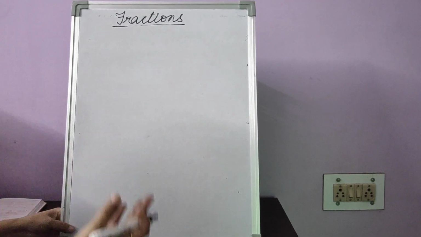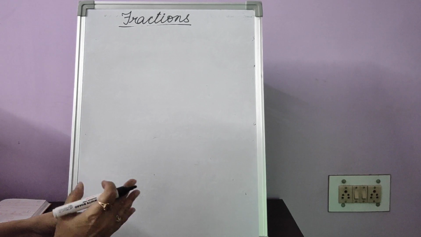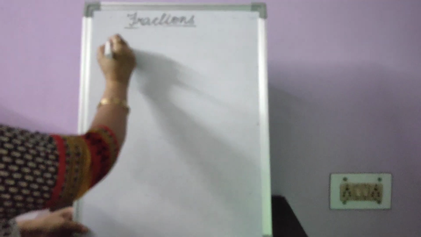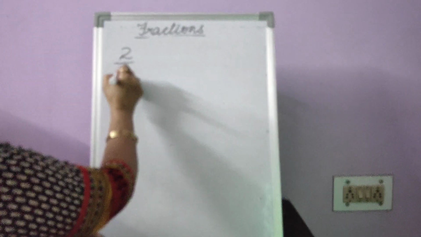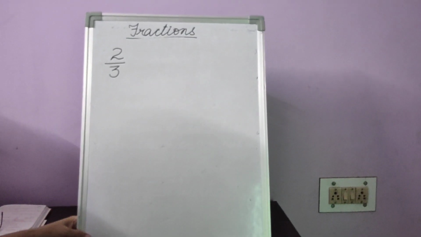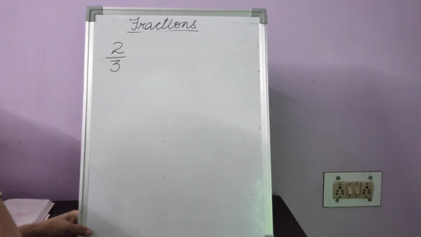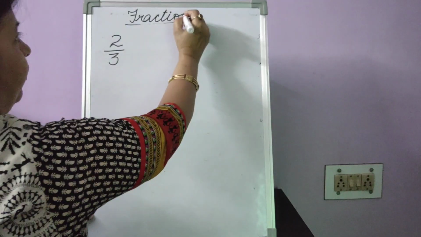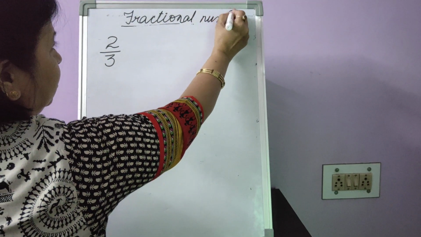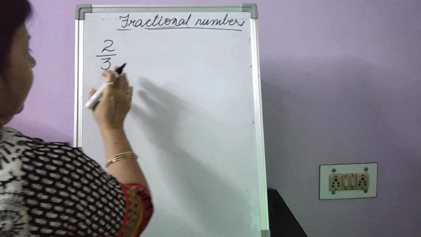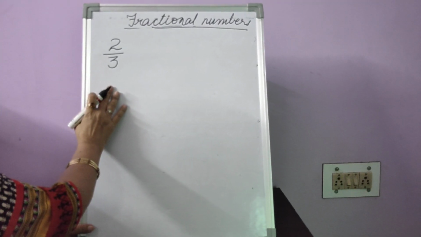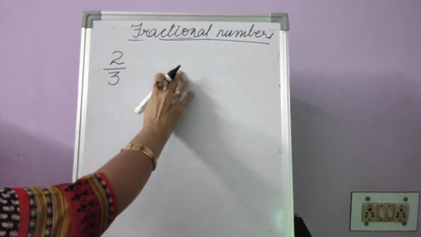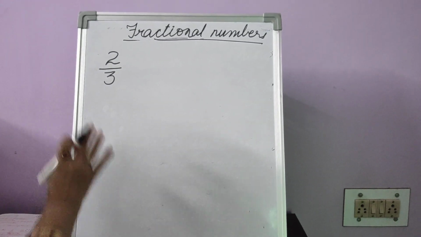Now, another thing that we need to know is, how do we read these fractions and how do we write the fractions from the name given? For example, you have this fraction 2 upon 3. To say, we just say 2 upon 3, but when we write the fraction in words, we then call them fractional numbers. Fractional numbers, children, is nothing but writing the fraction in words. Now remember, there is a rule for writing these fractional numbers. When we write these fractional numbers, we will not write 2 upon 3. How do we write it?